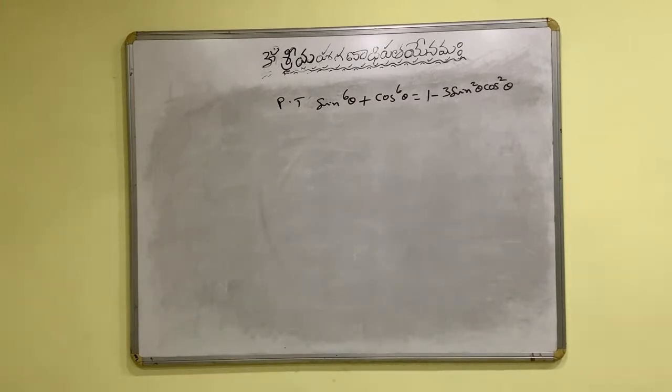How to do this? No idea. Sin square theta, sin cube theta whole square plus cos cube theta whole square. So what? Okay. After that,